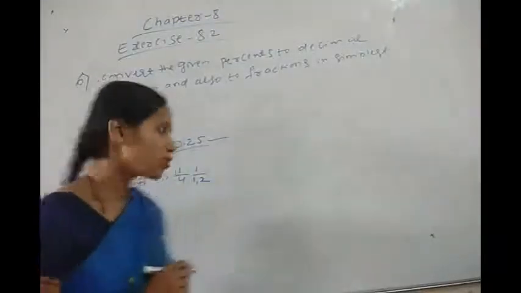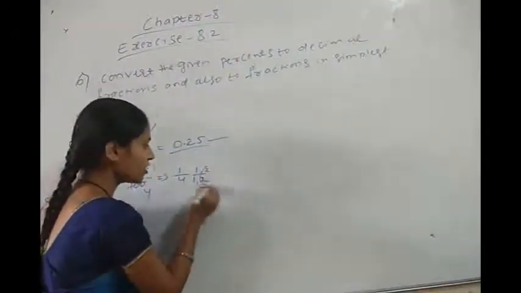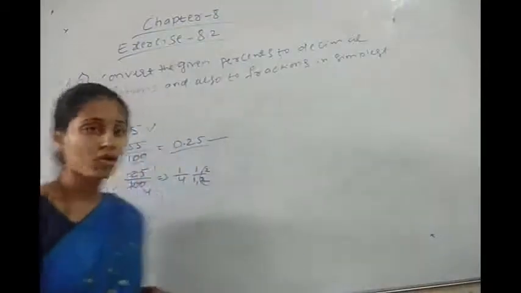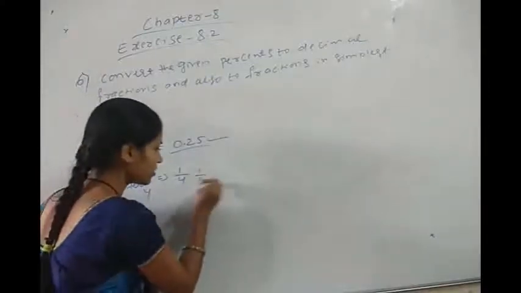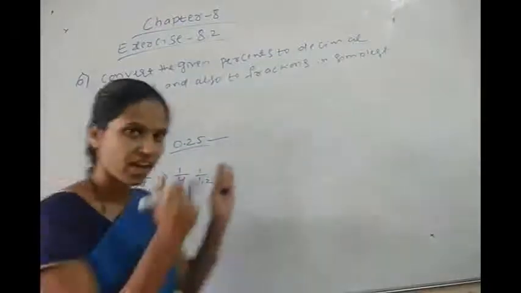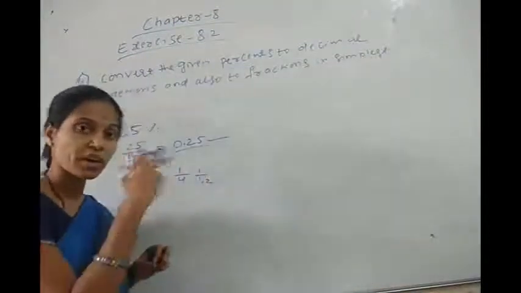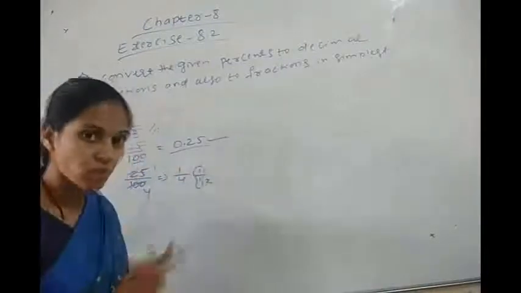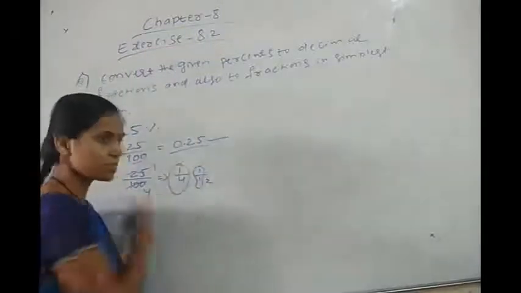Why? Because if we would have this 2 in the numerator also, then this 1 by 4 would not become in its simplest form. But we are having 2 in the denominator only. Okay. The factors we are having in the numerator and the denominator, there should be common for the numerator and denominator. Here 1 is common for numerator and denominator. But 2 is not there in the numerator. Okay. So that's why 1 by 4 becomes in its simplest form.